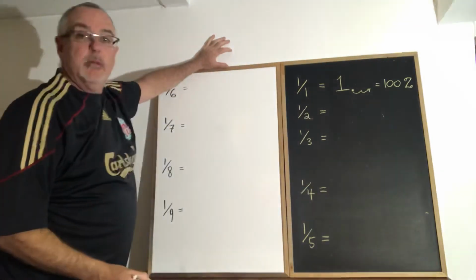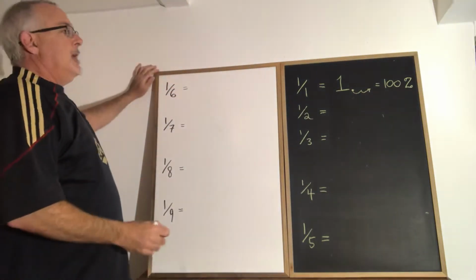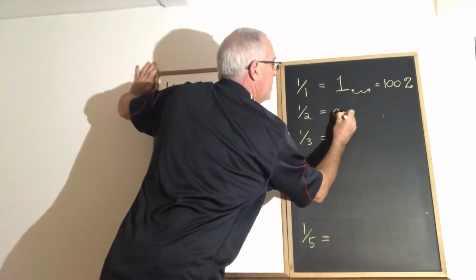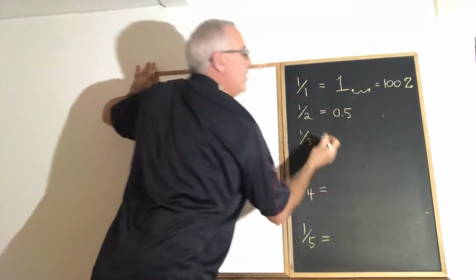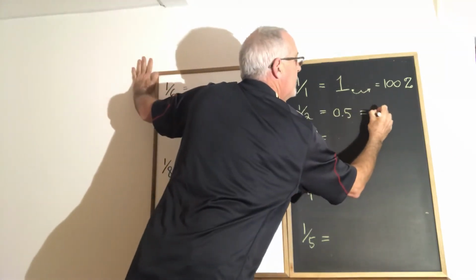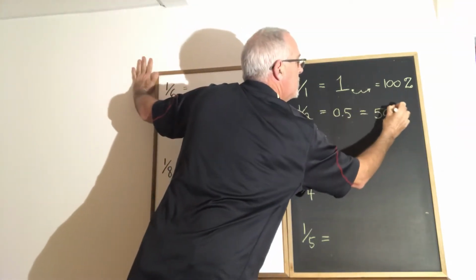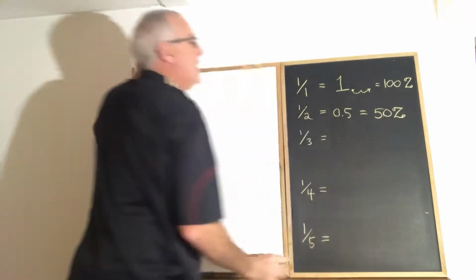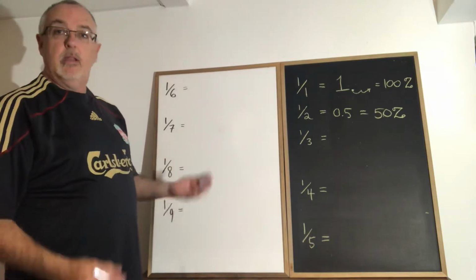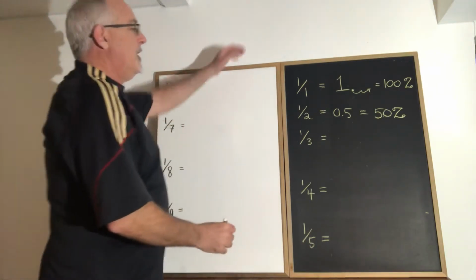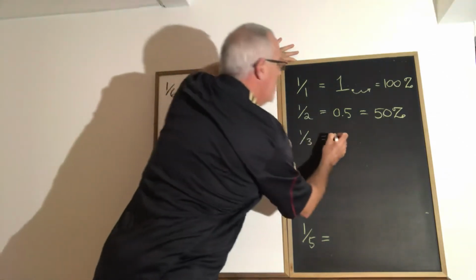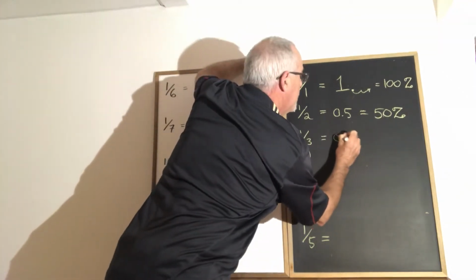So 1 is 100%. Now, when we do 1 divided by 2, we get 0.5. Moving the decimal 2 spaces to the right means that we're going to get 50%. And of course, multiplying by 100 and moving the decimal 2 spaces to the right are the same thing. Then we get to the first one where something a little weird happens. 1 divided by 3 gives you